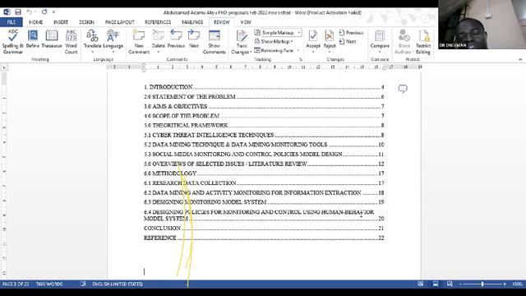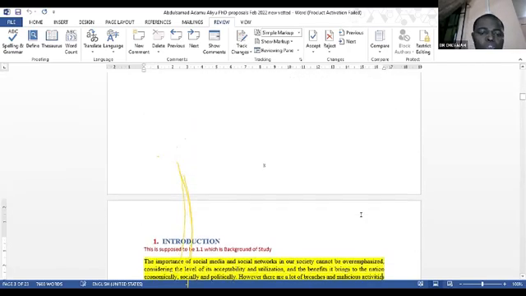Okay. And then you should know that when you are writing a proposal, you make use of will. You don't say that you have done it. You say, this research will investigate, not this research investigated. You have not done the work. Even in the scope, you put that the scope of this research shall involve or will involve. That is the way. It must be in the future tense because the work has not been done. So nothing like past tense until you have finished the work.